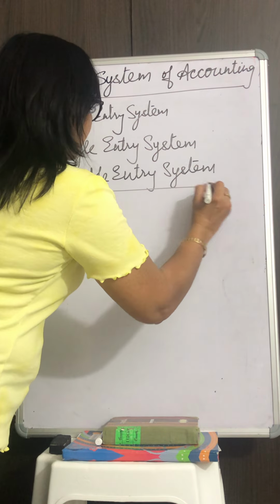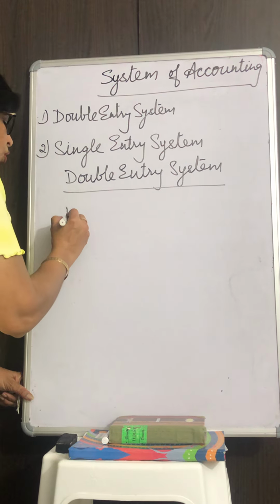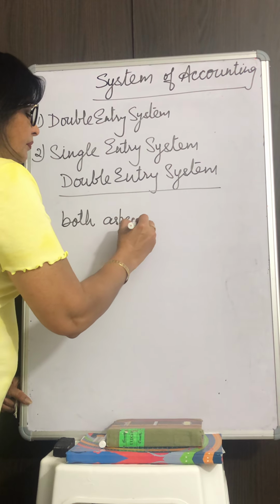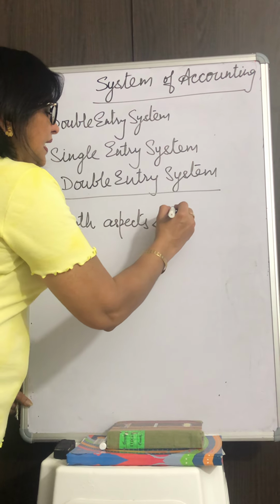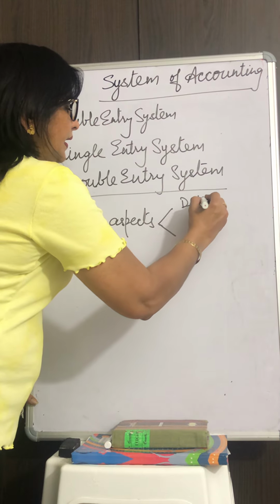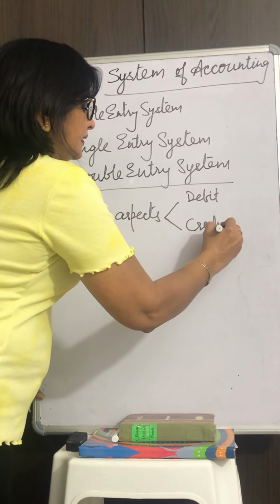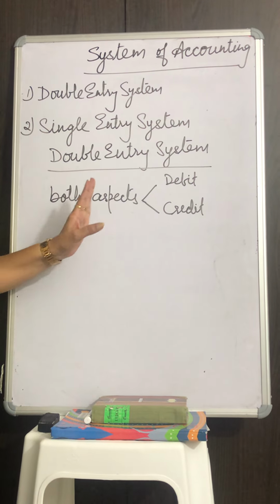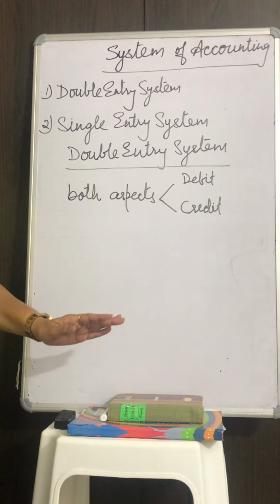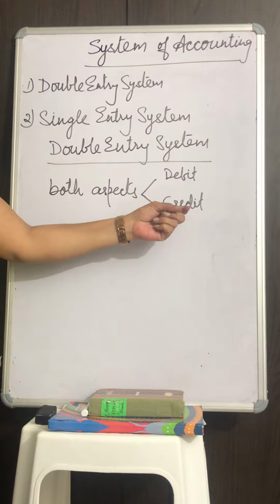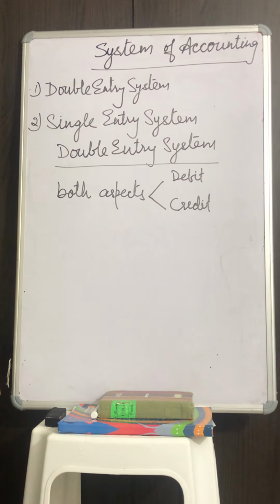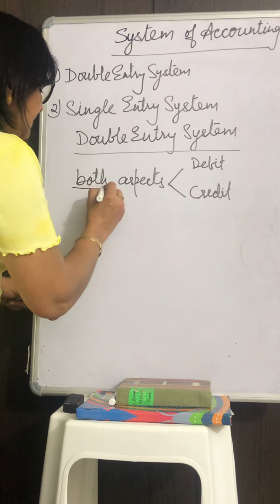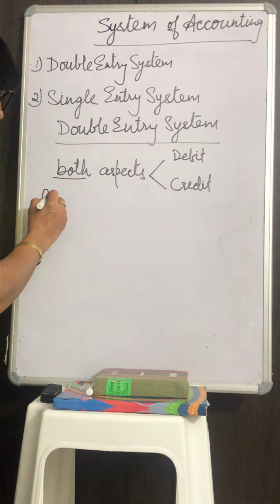Double entry system is where both the aspects of a transaction, both the aspects are debit and credit. When we record both the aspects of a single transaction, that is debit as well as credit, that is known as double entry system. Double entry system, like you have purchased